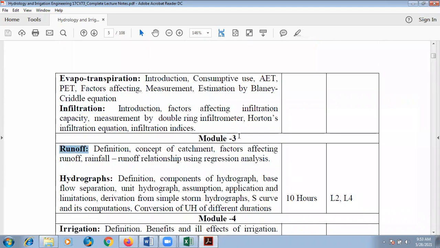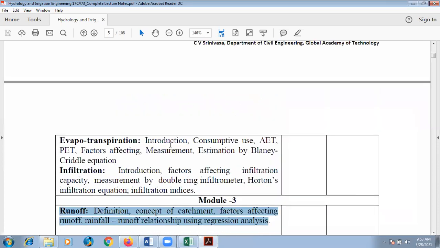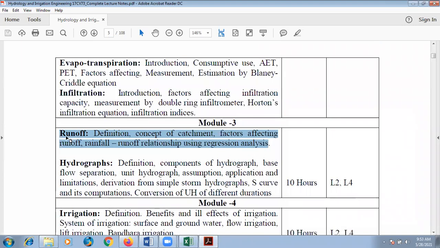And this module 3 is a very important chapter in hydrological terms, because the way we understand the situation has a lot of implication in terms of planning, analysis, and design of facilities, and will have a lot of relevance to what we discuss here. Of course, the earlier topics are also equally important, but much of